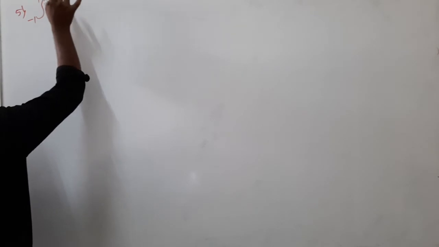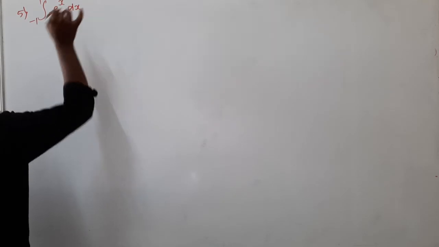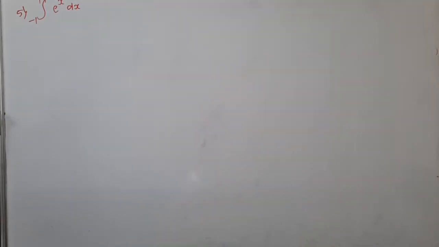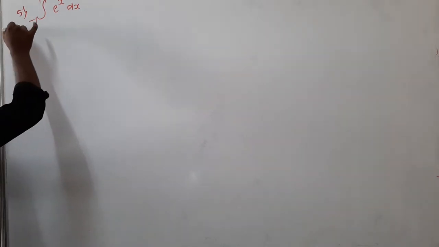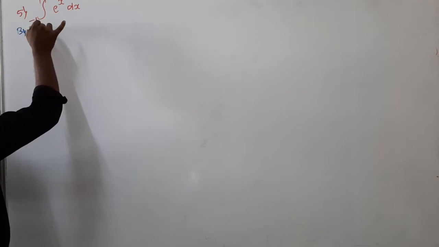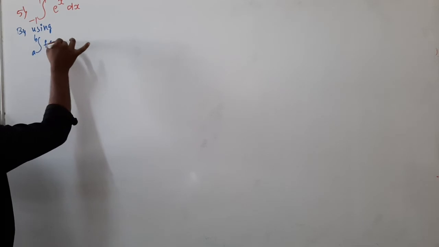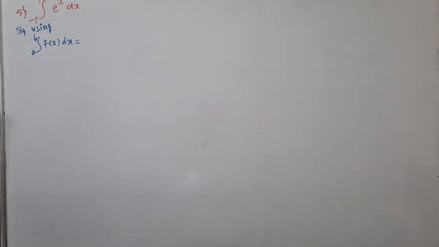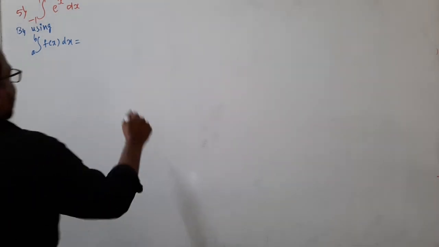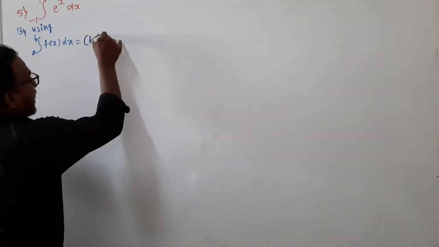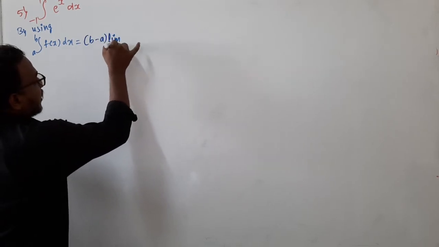Integration from -1 to 1 of e to the power x dx. We know that, using the limit of sum formula, the integral from a to b of f of x dx is equal to b minus a, limit n tends to infinity,